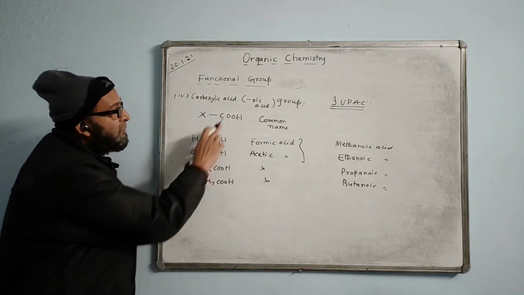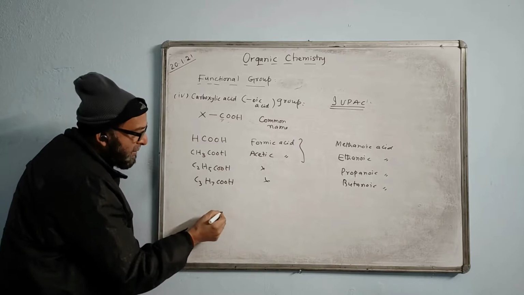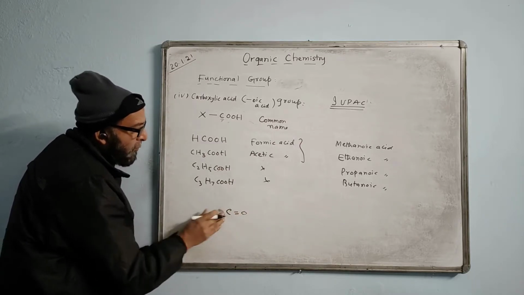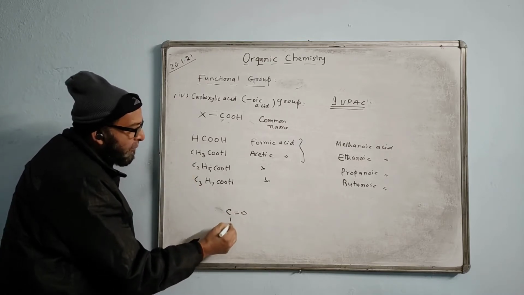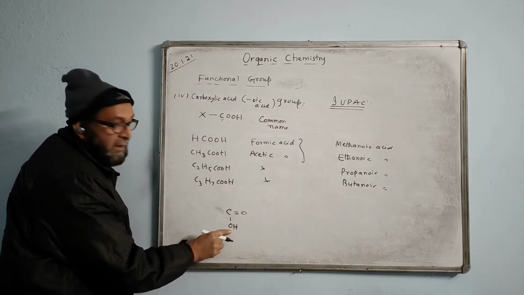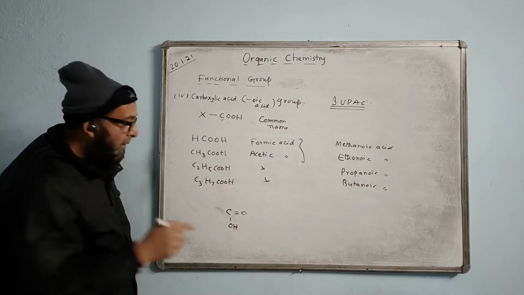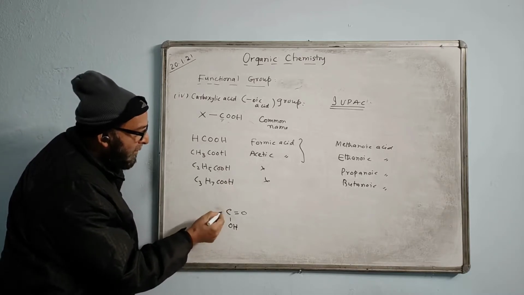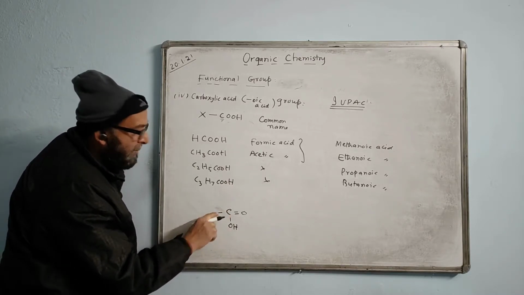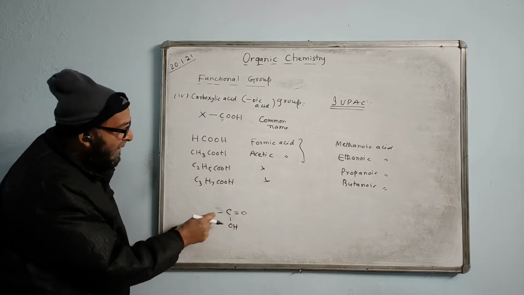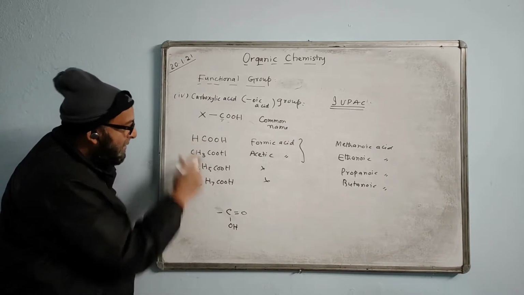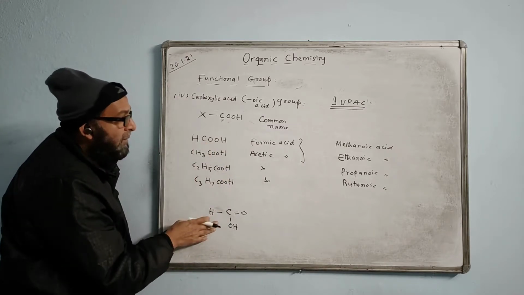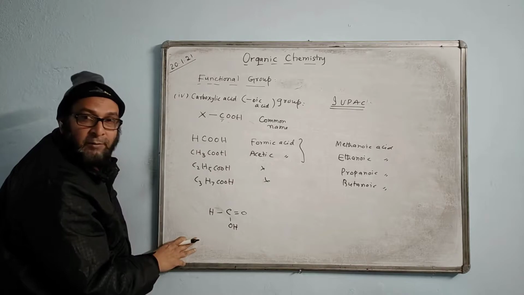Now, how to write? First, we start with COOH. How do we arrange the C there? C double bond O, like the previous one, and here I put OH together because the valency of hydroxide is 1. Remember, so hydroxide becomes a single bond. So this will be like carbon bonding. I keep one bond here, 2, 3, 4. Carbon bonding is also complete, and here we'll add as per the requirement. This is H, I put H over here. So this becomes the formic acid or methanoic acid structural formula.